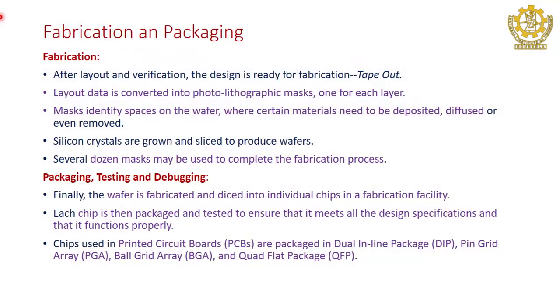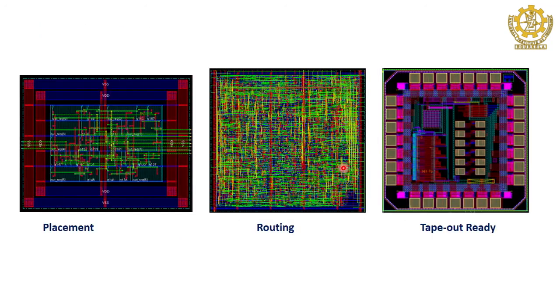The last slide is fabrication and packaging. After layout and verification is done, your design is ready for fabrication, which in industry is termed step-out. Layout data is converted to a medium of photolithography masks for each layer. Mostly the GDS file that we send will contain layers and their information with respect to a 0,0 axis. Understood? That means a certain layer is here at 0,0, and what layer is there at this point, what layer is there. Those information will be generated in a file and sent.